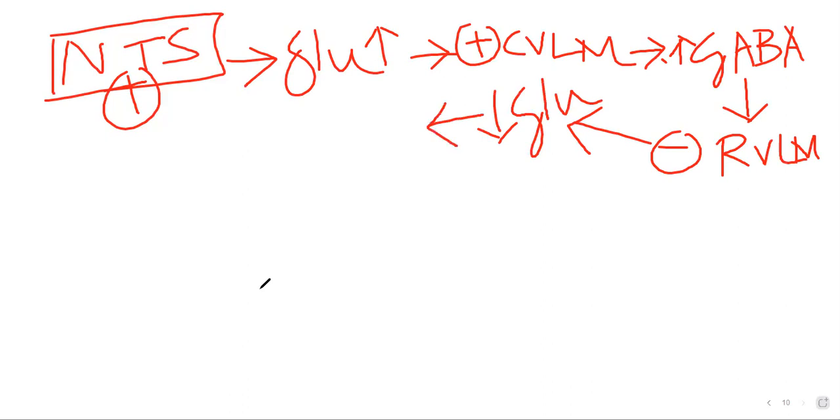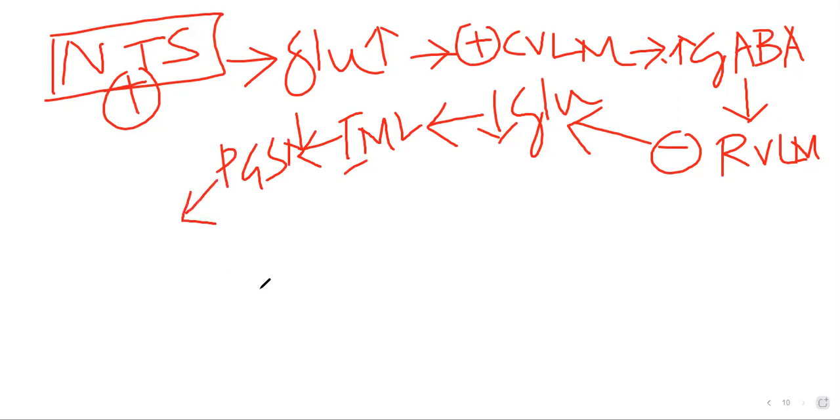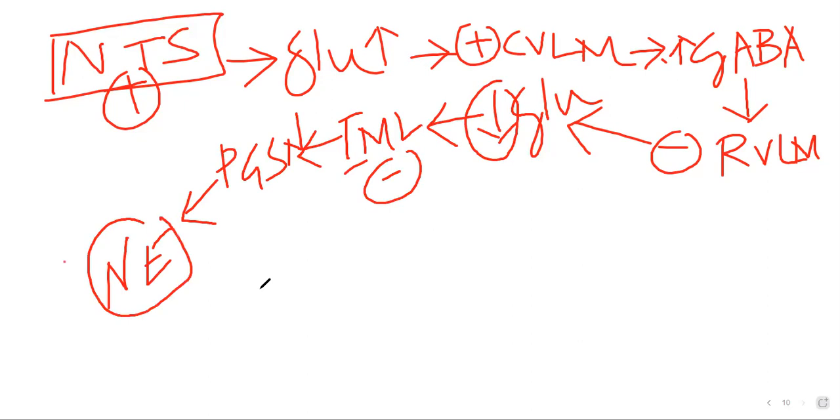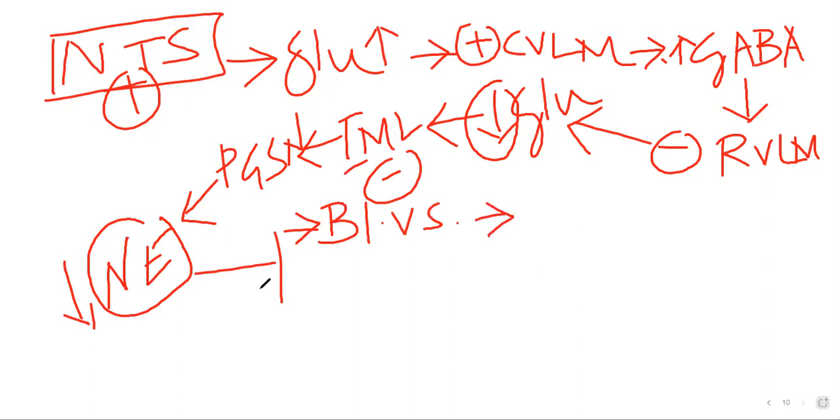If glutamate is released less, it will not stimulate the intermediolateral horn, and this intermediolateral horn normally produces the postganglionic sympathetic nerve release. What does this release? Norepinephrine. Now, if there is decreased glutamate, there will be inhibition of the intermediolateral horn, and eventually the norepinephrine will be released less. So which areas will this norepinephrine work on? Number one, the blood vessels. With less norepinephrine, there will be vasodilatation.